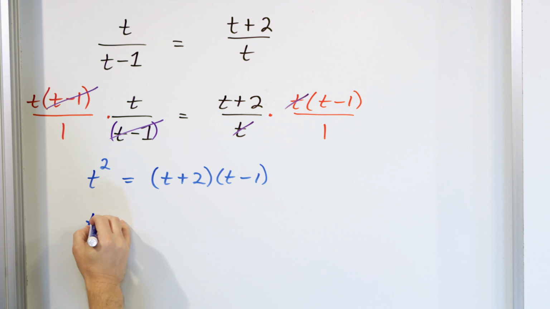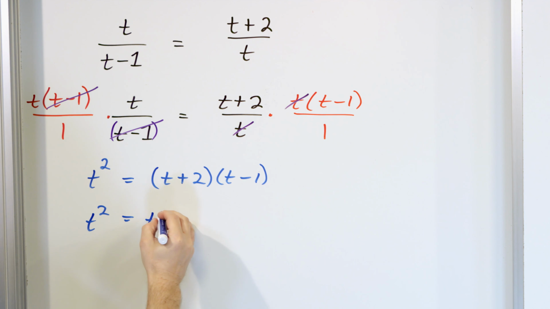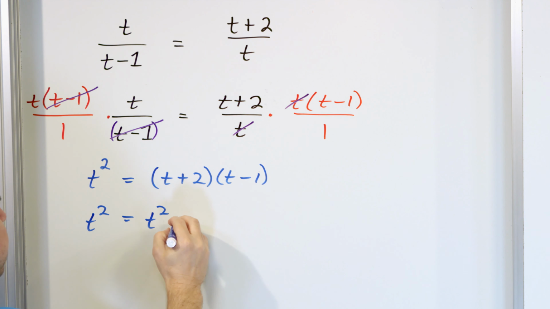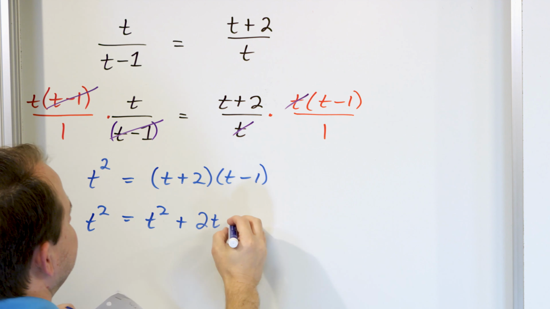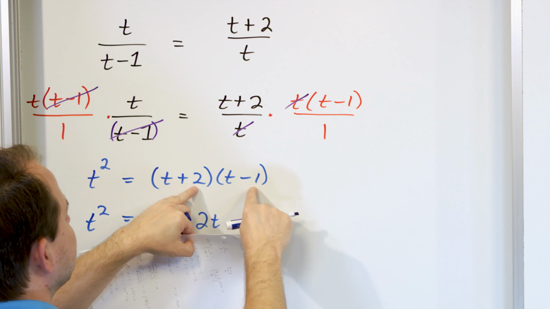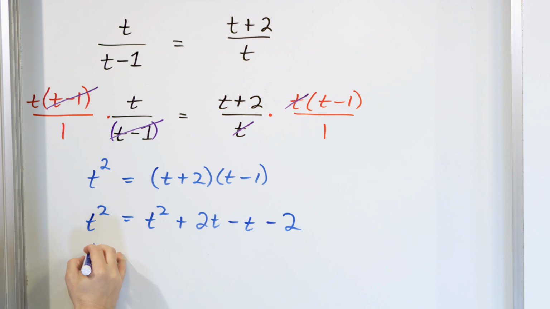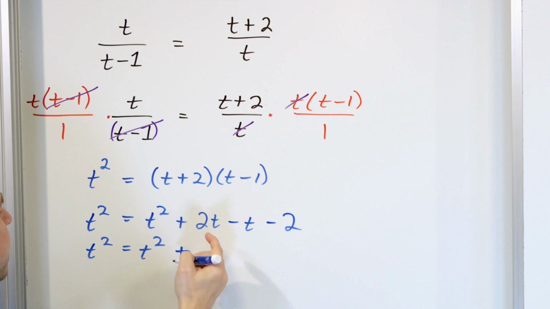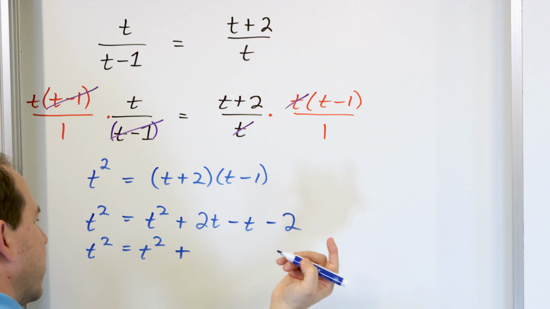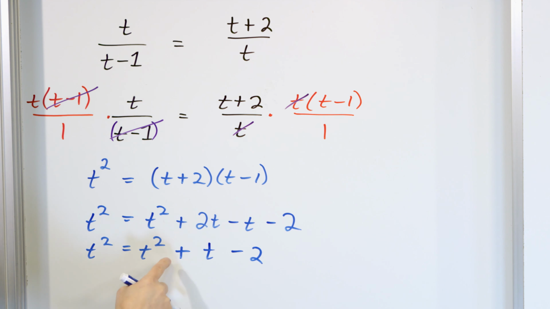Now on the right-hand side, we have to multiply this out. We just use FOIL. We have t squared. The inner term is 2t. The outer term is negative 1 times t, so negative t. And the last term is negative 1 times 2, which is negative 2. So let's collect terms. t squared equals t squared plus 2t minus t. 2 minus 1 is 1t. And then we have minus 2. So we have t squared equals t squared plus